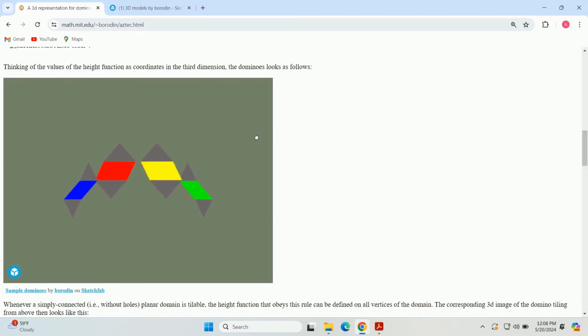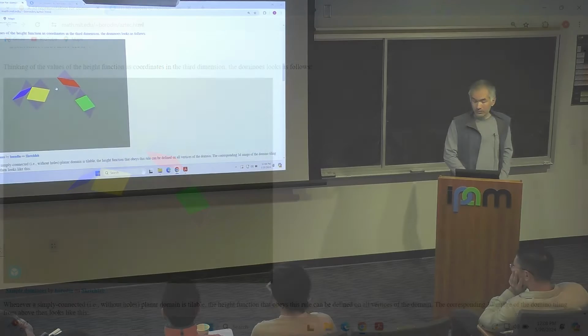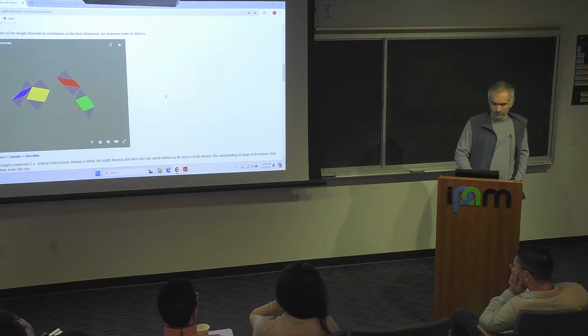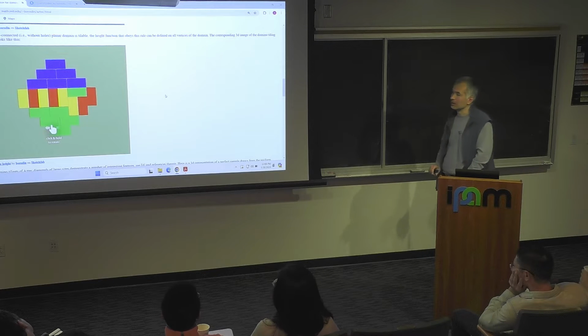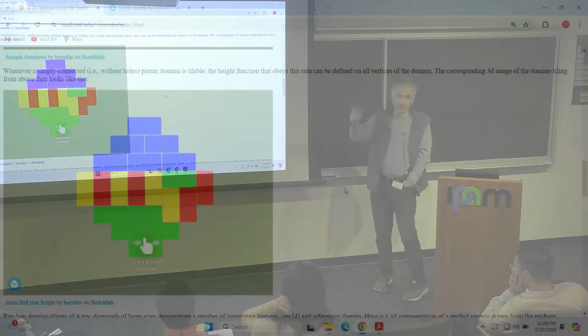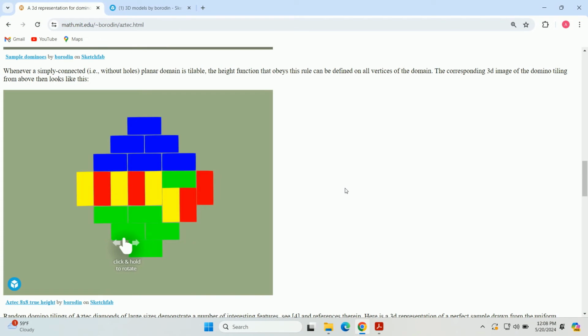I hope you can see this in 3 dimensions, that what used to be flat now becomes 3-dimensional. You get these pieces. And the reason that you want to make these pieces is that if you start with a cover by dominoes of the Aztec diamond, and then you replace each of the dominoes by this piece, then